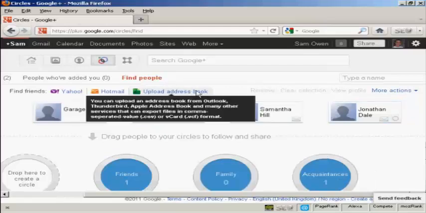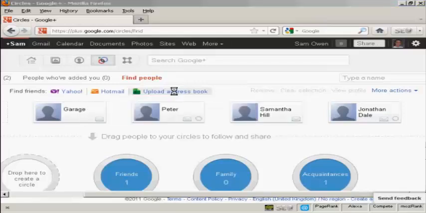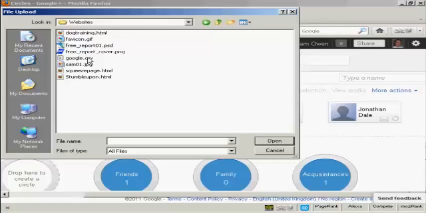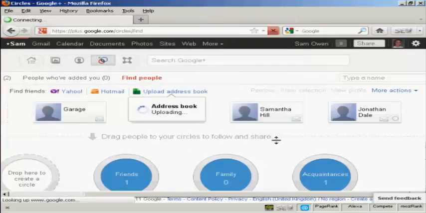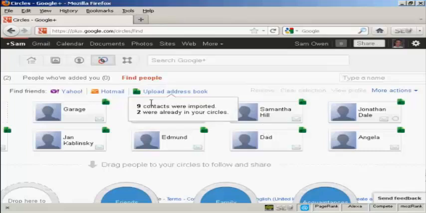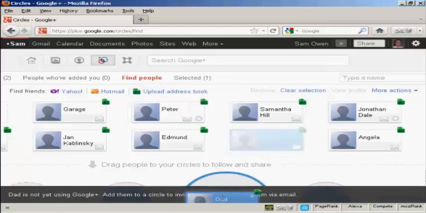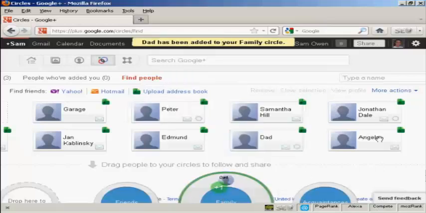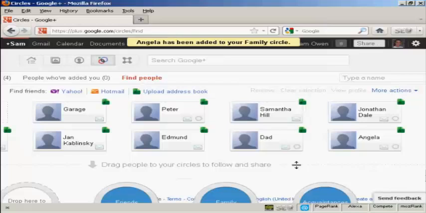If I want to upload an address book, then I can simply do that by clicking on this link here, and I can import it as a CSV file. So let's say I want to import this one, google.csv. I can click here on open, and you can see it's telling me that two are already in my circles, but I can then simply drag the other people to the circles. So I can move my dad into family, and Angela as well, and so on. And when that's all done,